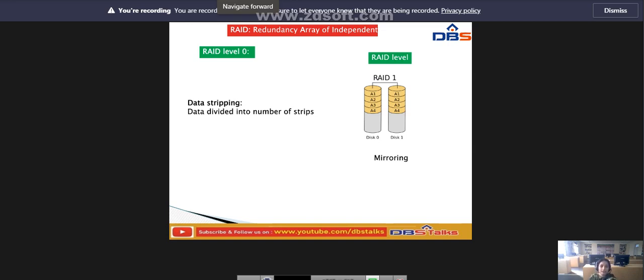A read request can be executed by either of the two disks. A write request means that both disks must be updated, and this can be done in parallel. Recovery from failure is simple: if one drive fails, we just have to access the data from the second drive. RAID 1 is used to store system software. The disadvantages of RAID level 1 are that data is duplicated and storage cost increases.